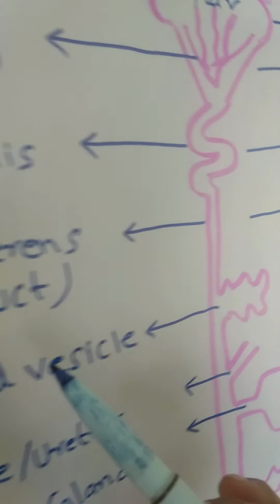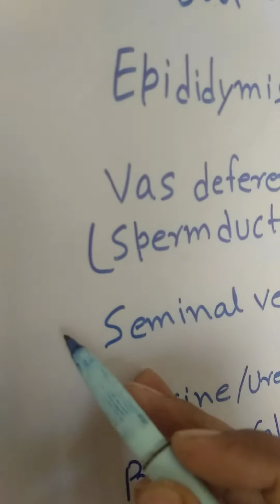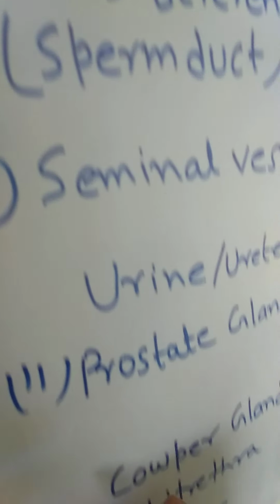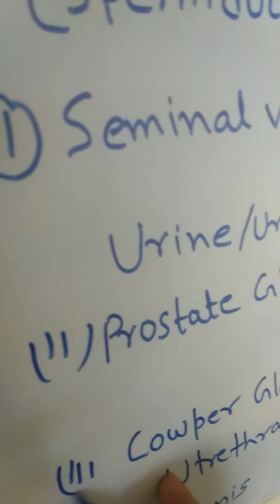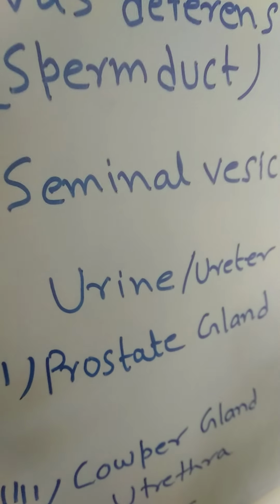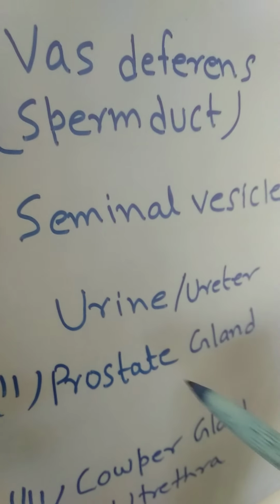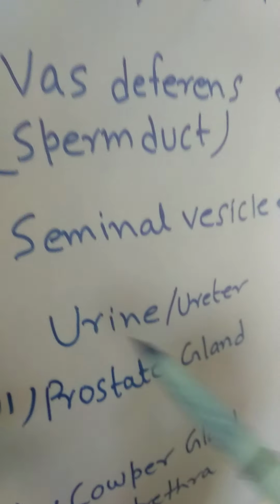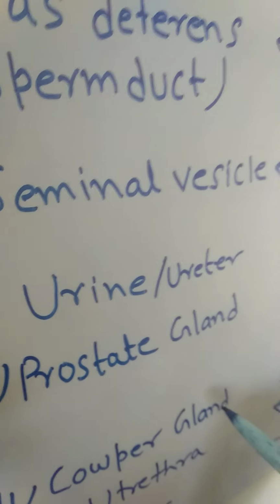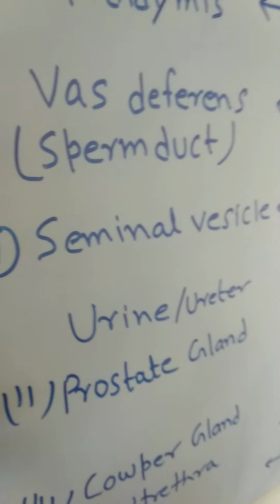Okay, then students, seminal vesicle. See here I have used one gland, number 2, 3, and one more is there, number 3rd. These three are the glands of the male reproductive part which you have to remember, because these three have always been asked in board examination. What is the function of seminal vesicle, what is the function of prostate gland, what is the function of Cowper gland. So this video is also helpful for 2 or 3 marks questions.